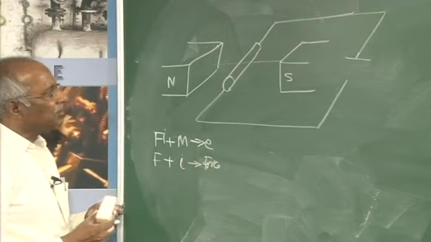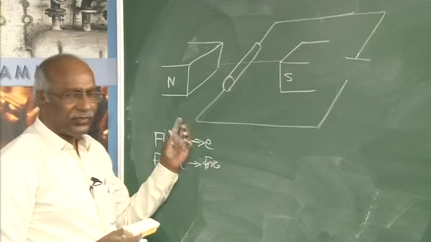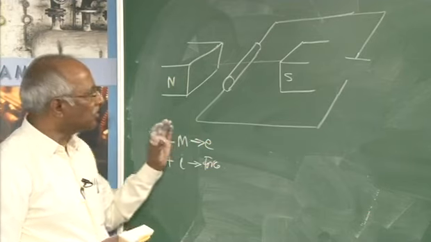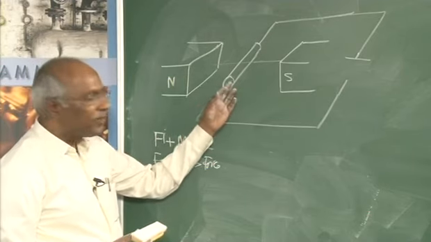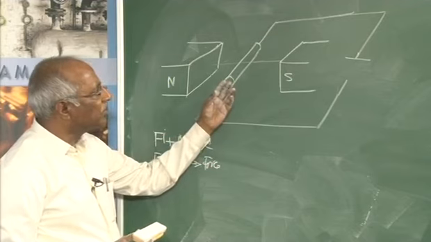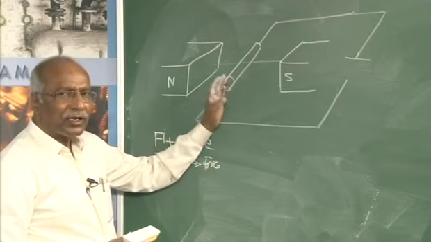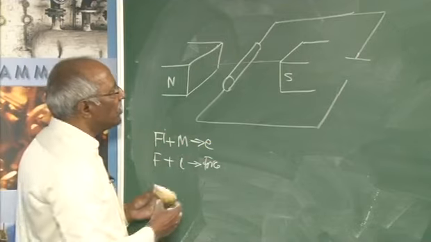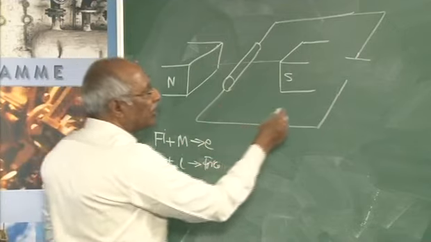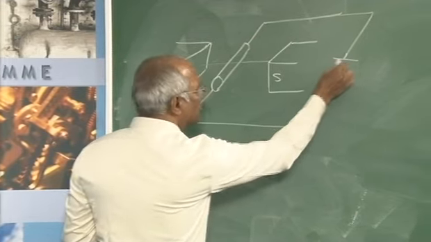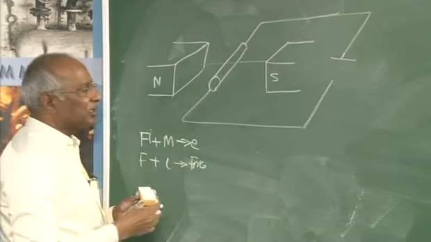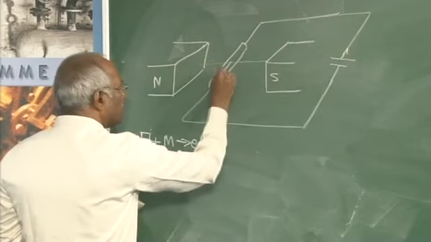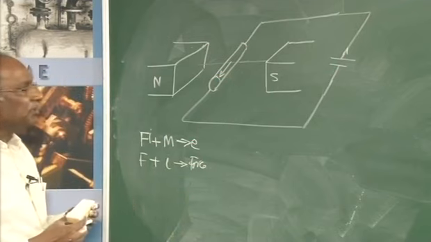In that respect, as you are aware, any charge placed in the magnetic field experiences a force. This is what is called the Lorentz force. As the charges cannot escape from the conductor, all the force will be transferred to the conductor itself and the conductor starts moving. So, that is the effect. When the conductor is placed in the magnetic field, and I have not yet connected a source here, the conductor remains stationary. However, when it is connected to a source like this, a current starts flowing, coming this way.